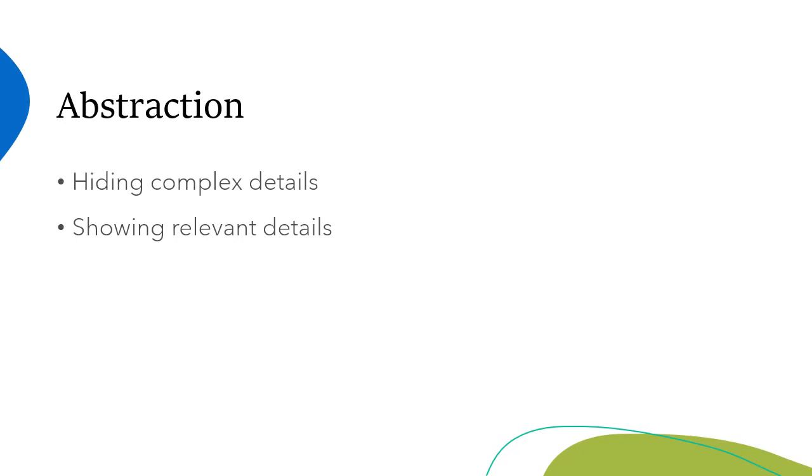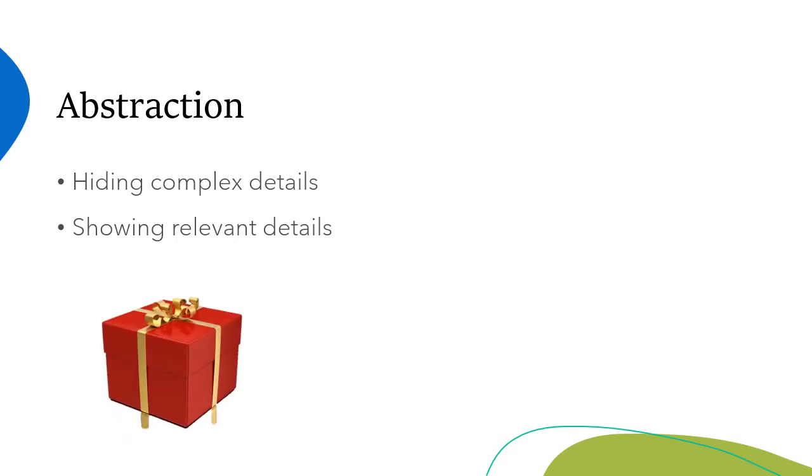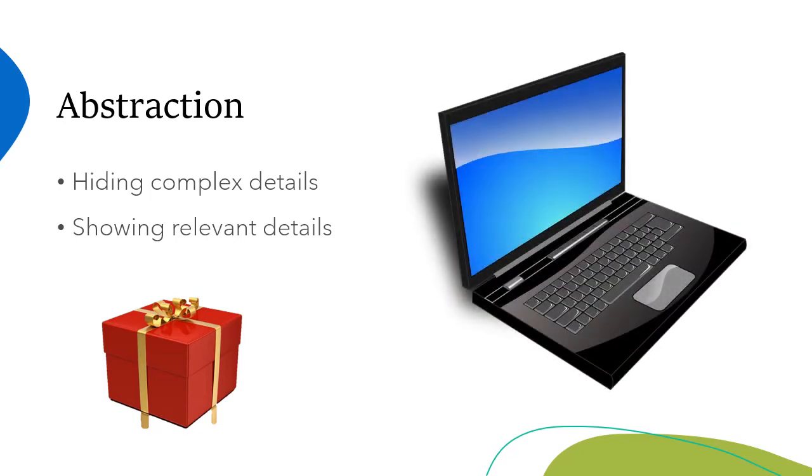Now here we can see one example of this box. This box is hiding whatever is inside this box. We don't know what is there inside because it is completely hidden, right? Now let me show you one more example where we have this laptop. In this laptop, few things are shown like this keyboard, the keypad, touchpad, monitor, the on-off button, right? But there are few things which are hidden, like for example, the motherboard, hard disk, internal circuitry, right? So everything is hidden inside this structure, that is laptop.